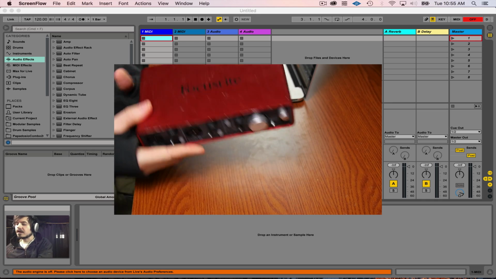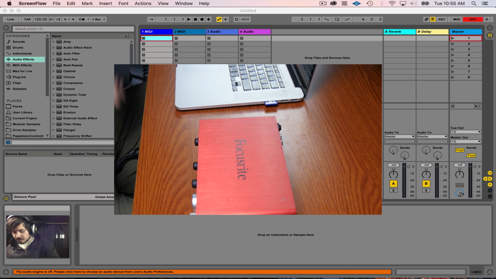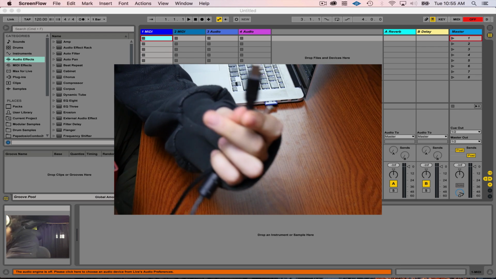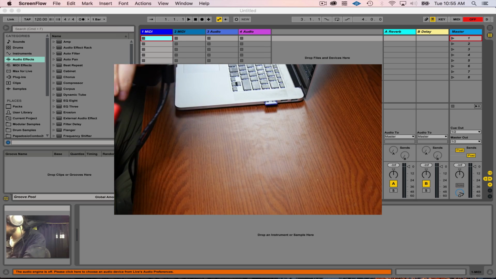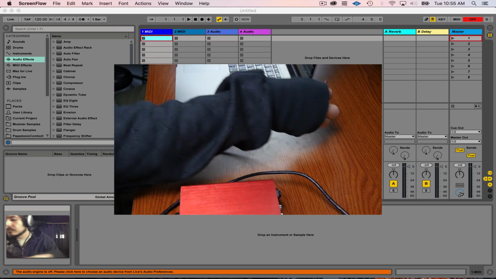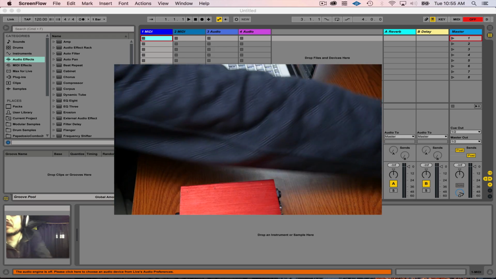So, the first thing that you're going to want to do is connect your audio interface. We're going to use a USB interface. There are many different kinds. You can get a USB, Firewire, Thunderbolt, Ethernet. There's all kinds of different audio interfaces, but the most common is USB. So this is the output end, and this is the input end. We're going to stick that into the computer. All right, so